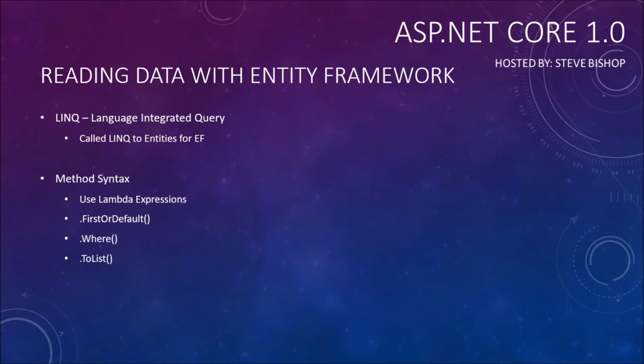Then finally, we're going to talk about the ToList method. The ToList method is a way of converting the DbSet that's been filtered into a list. And that list can then be implicitly converted. There's also an AsEnumerable method that a lot of people like to use as well, because it allows you to continue to enumerate. But I like to use the ToList and do an implicit conversion to an ICollection, and that's how I like to work with my data sets. So we'll be seeing an example of these three methods, the FirstOrDefault, the Where, and the ToList method